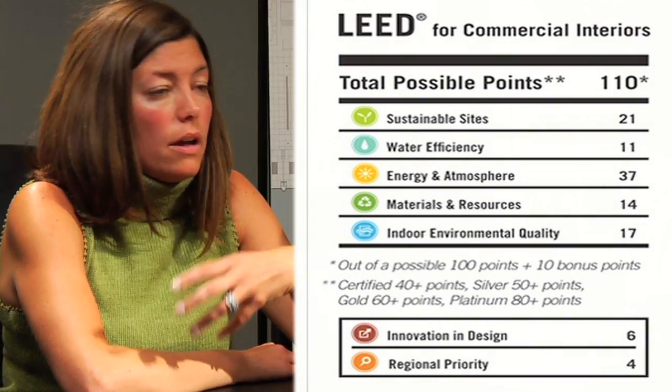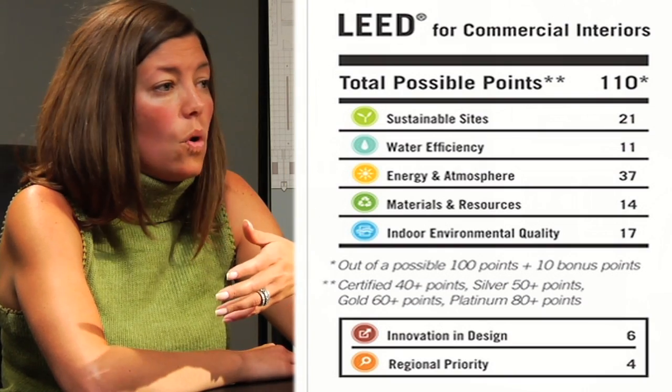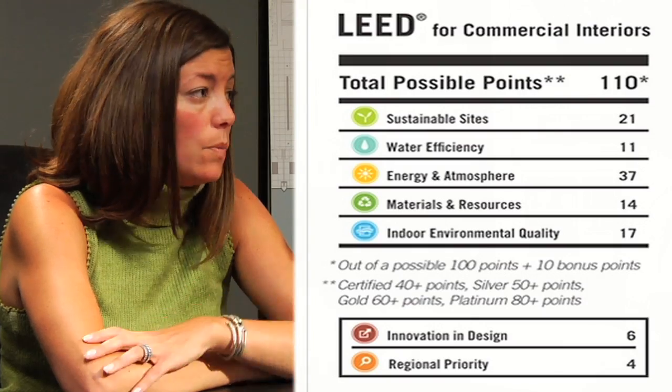Sure. In a nutshell, LEED is an internationally recognized certification system for green design, green building of spaces, buildings, environments, and basically allows a third-party verification that that group of design elements actually occurred and followed the format set forth to meet LEED criteria. The criteria is based off of a 110-point system, with achieving 40 points gets you a certified project. 50 points is silver, 60 points plus is gold, and then 80 points plus is platinum, which is the highest